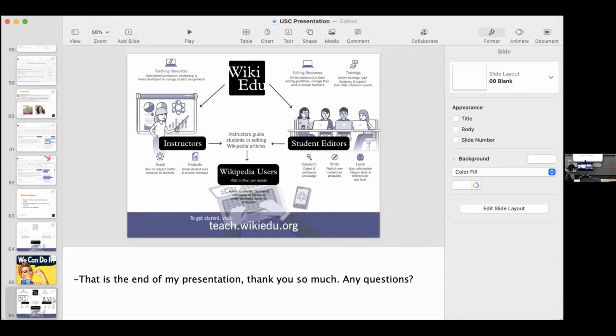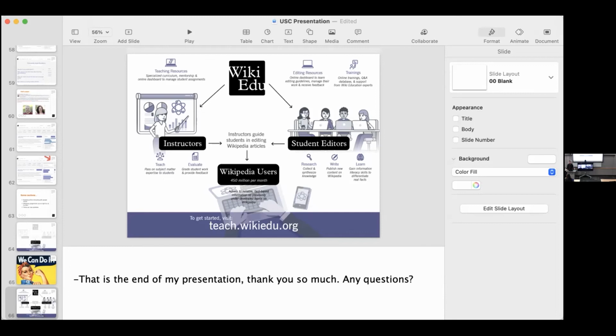The main reasons a course would not get approved are size, if it's a large multi-section course, or if the topic the students want to work on is particularly difficult to tackle on Wikipedia. I'll give you a good example.